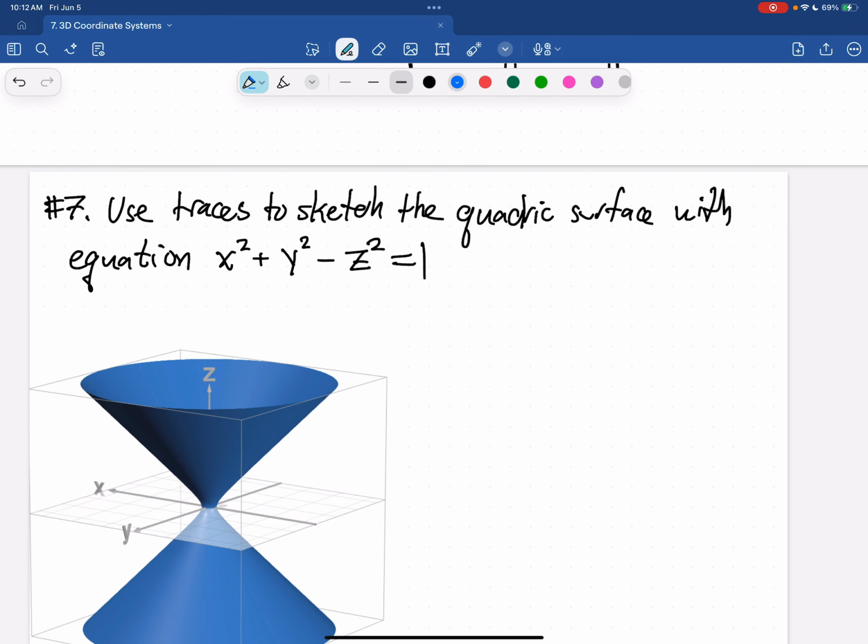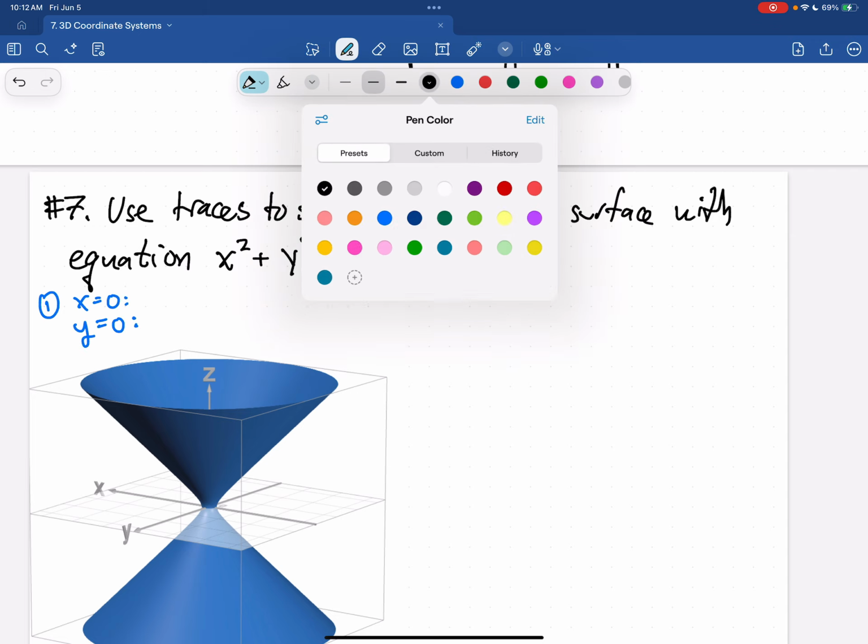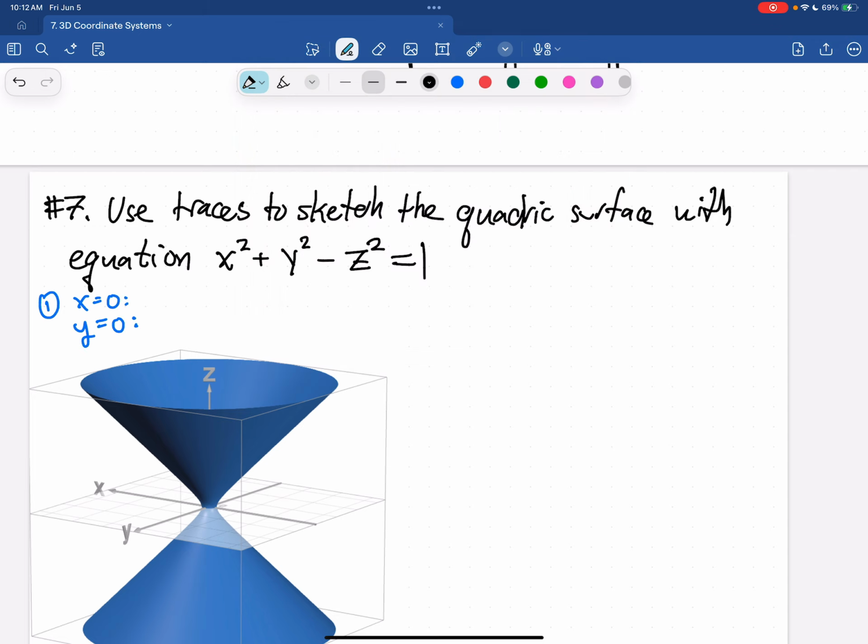All right, now we've got another quadric surface to look at. We're going to start again with our traces with the coordinate planes. So we'll see what happens when x is 0 or y is 0. If x is 0, we get y squared minus z squared is equal to 1. This is a hyperbola. We're going to call it the hyperbola h1. And then when y is 0, we get x squared minus z squared is equal to 1, which is another